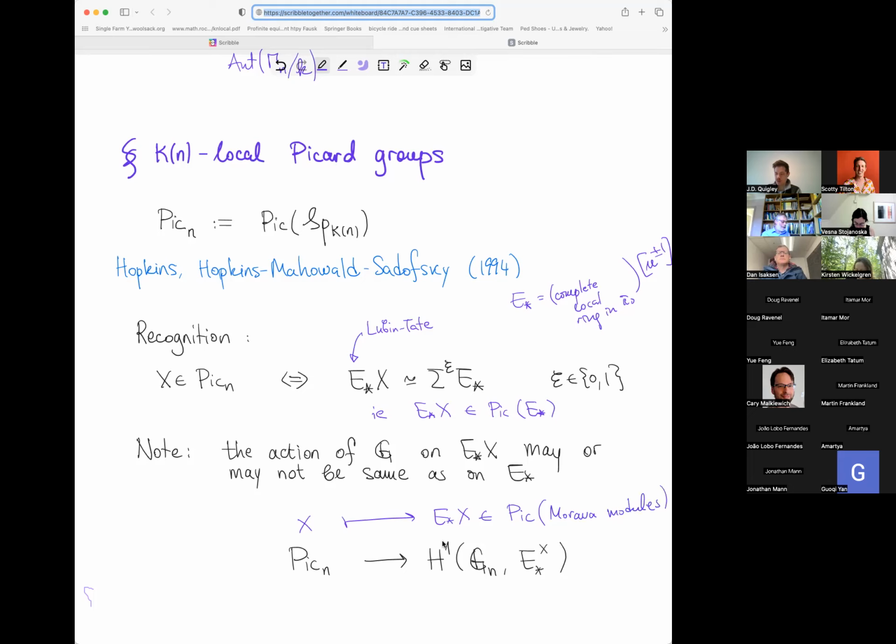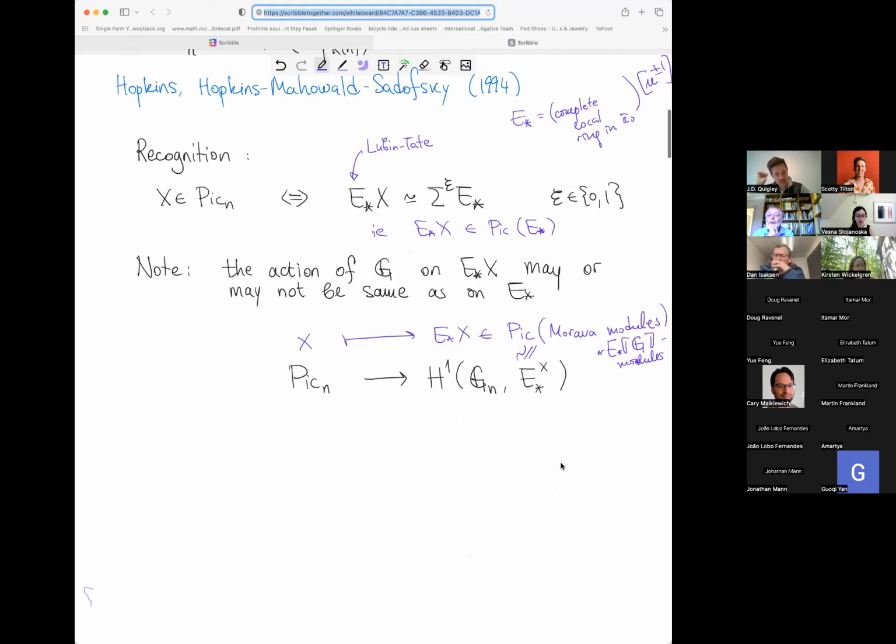And what those are are modules over E star G, the twisted group ring E star G. So the homotopy groups of this Lubin-Tate spectrum have their own action of the stabilizer group, which is pretty complicated, but we can form a twisted group ring, and the Picard group of that twisted group ring in this graded way is cohomologically described as H1 of...